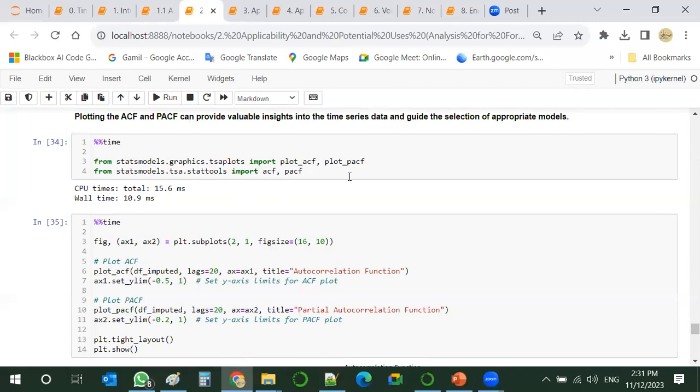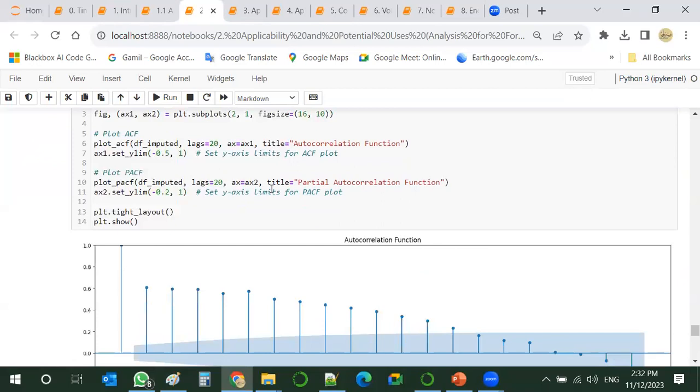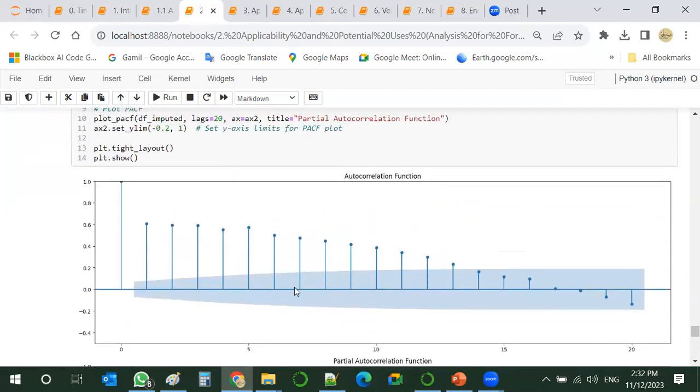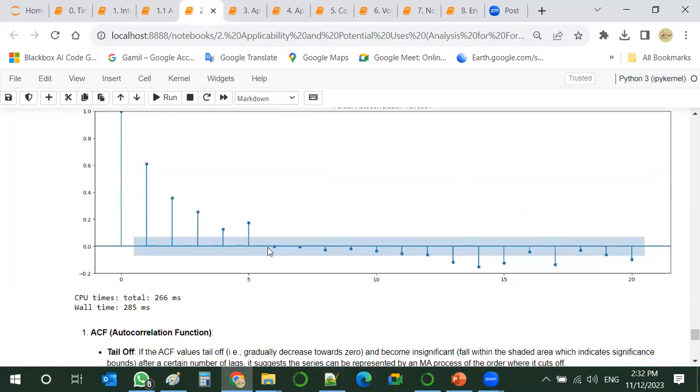Luckily, these things are very easy to perform using advancement of the technology. So having the proper libraries, we can end up with this plot for the autocorrelation function and the partial.